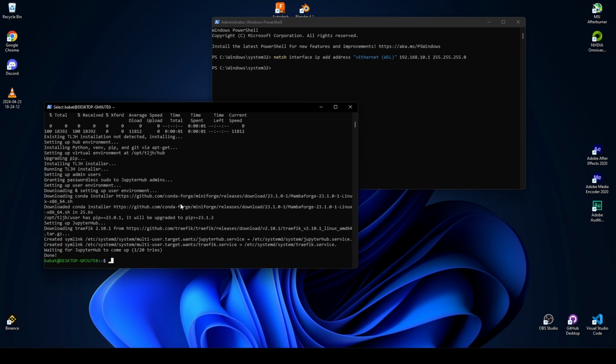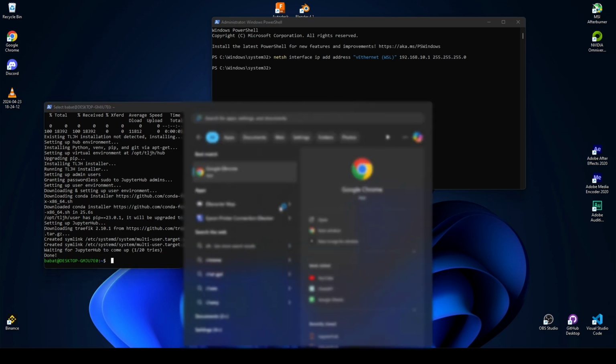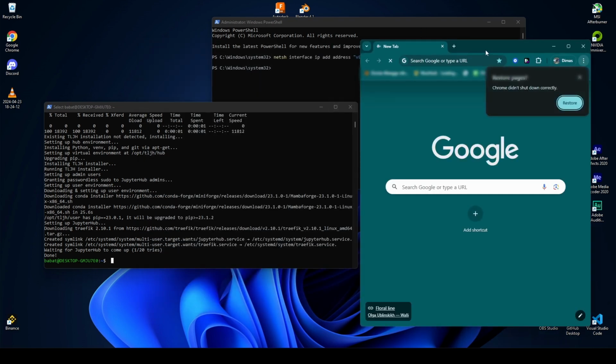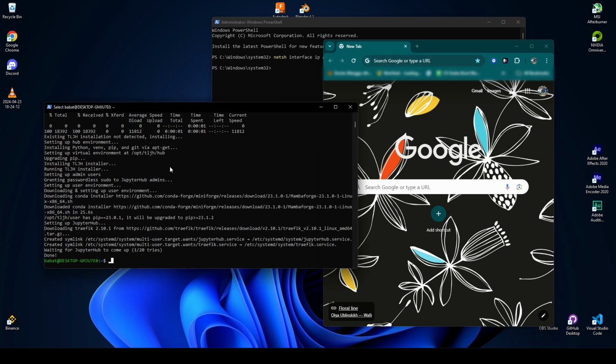We need to open our browser, and then we copy and paste the IP address from WSL.